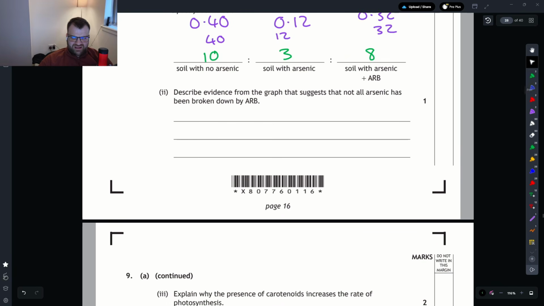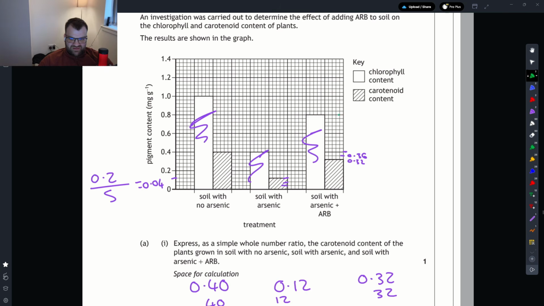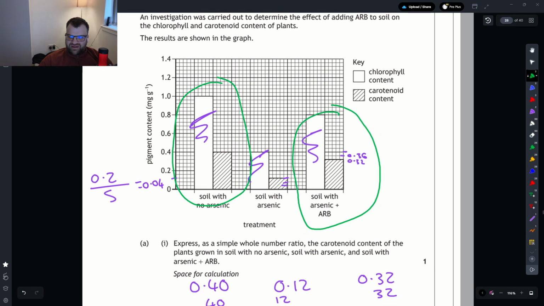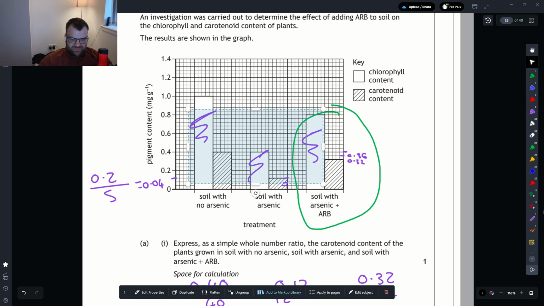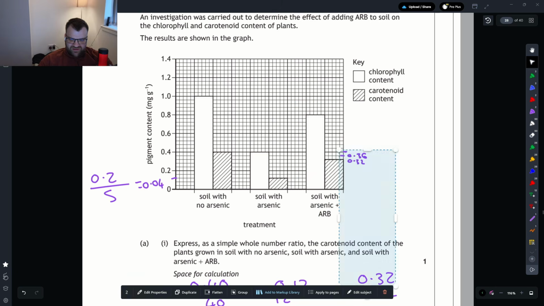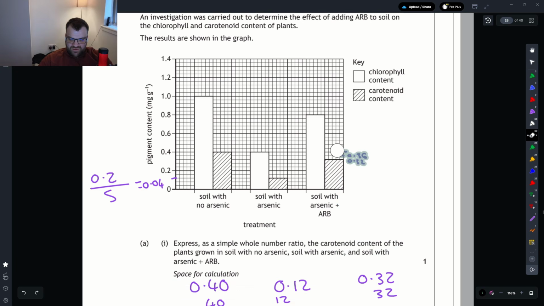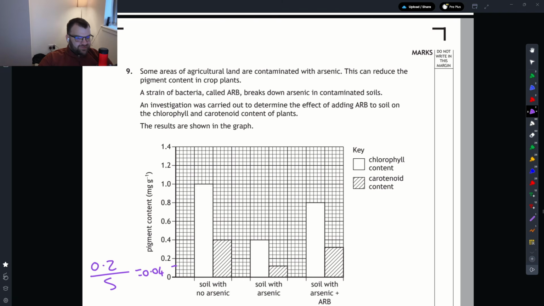Okay, I've had to look up the marking scheme there for this one because I'm a wee bit lost with it. So what they're saying is we have to look at the plants grown in this bit compared to that one. Oh, now I get it. Right, that makes sense. Okay, so this is our baseline. So your baseline one, where there's no arsenic to stop the pigment from being made,